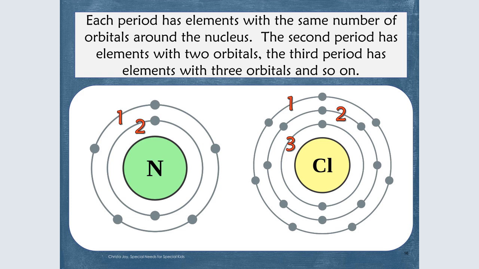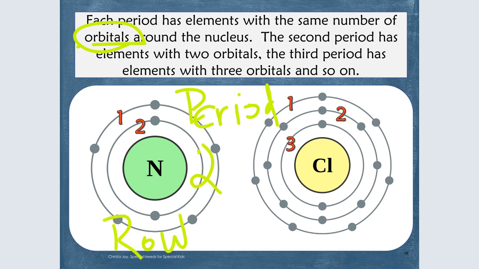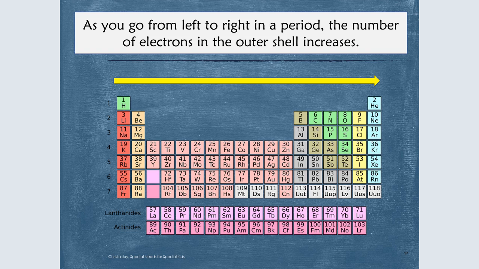So each period has elements that have the same number of orbitals. So this has 2 orbitals, so this is in period 2. So that's row 2. All the ones in row 2 have 2 orbitals. In row 3, it has 3 orbitals. Row 3 has 3 orbitals. So as you go from left to right, the number of electrons in the outer shell increases. So this one, okay, so row 2 has 2 shells,